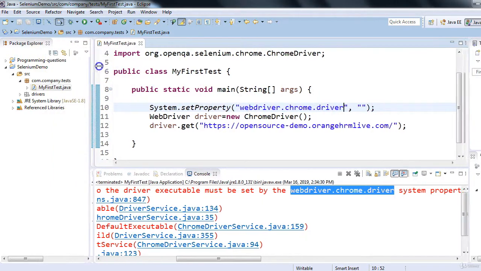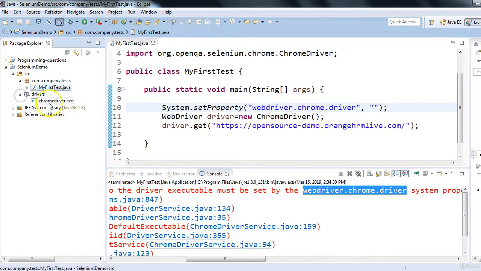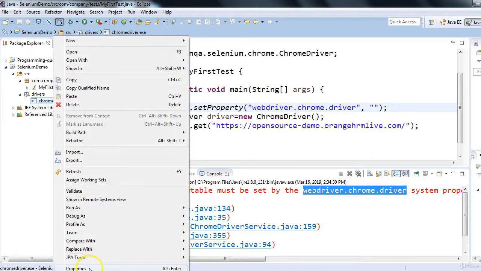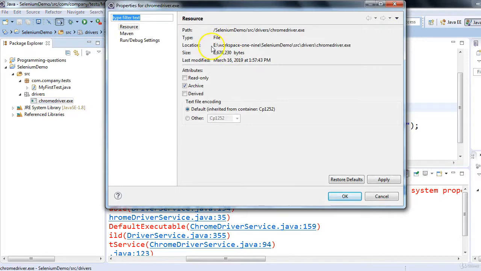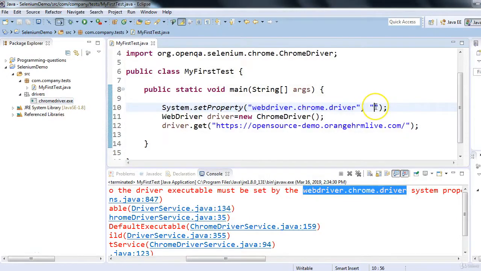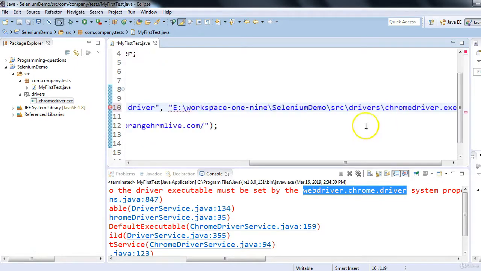And as we can see in our project structure, this chromedriver exe we have stored at this location, which means to this system property we have to provide the location of this chromedriver. Now this is the Eclipse editor. How can we find its location? It's pretty simple. Just right click on this, go to properties, and in the properties you will see the location of this chromedriver exe. Just copy this entire line, Control C,